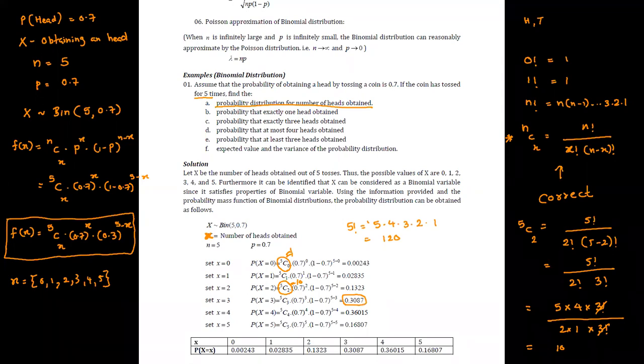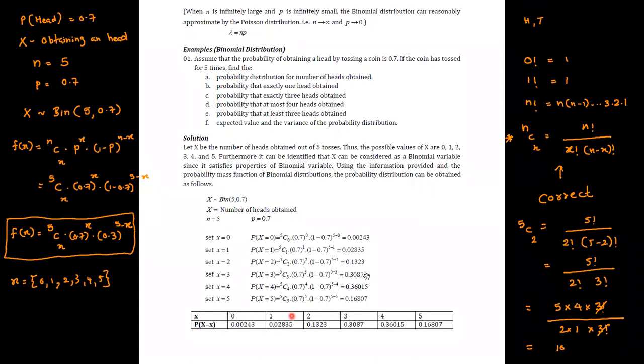It is because in the first part, it asks us to find out the probability distribution. Therefore, the probability distribution has been calculated in this way. Now you can see in the table, the calculated values are included. These are the values which we have calculated at this point. And if you see the summation of these six values, then this should be exactly equal to 1, or approximately 1. And now it is the first part.